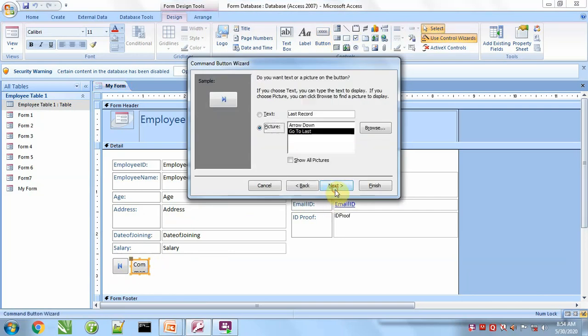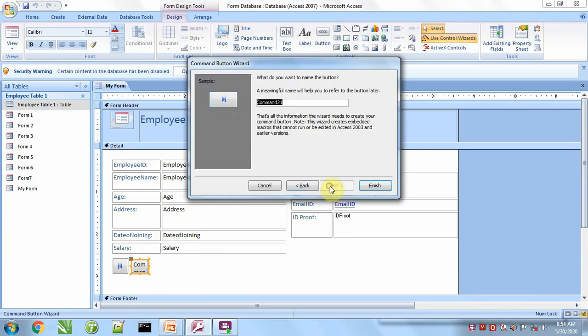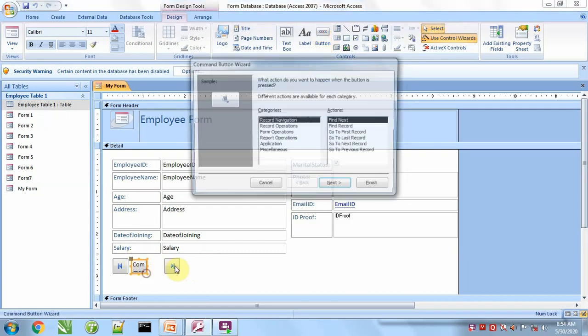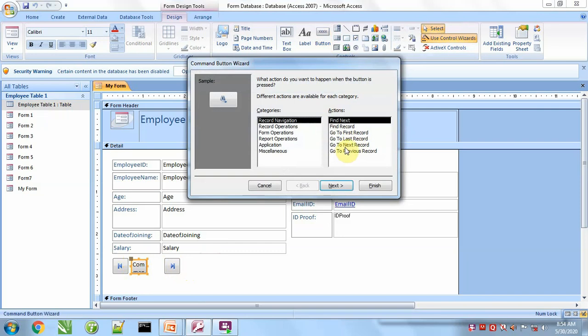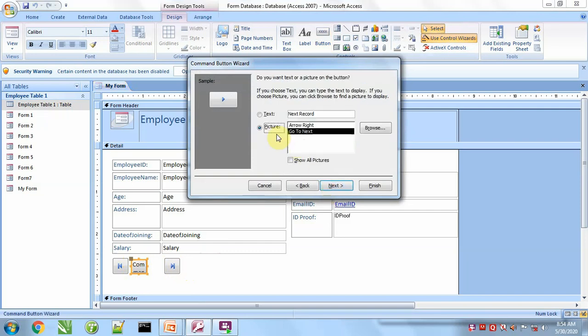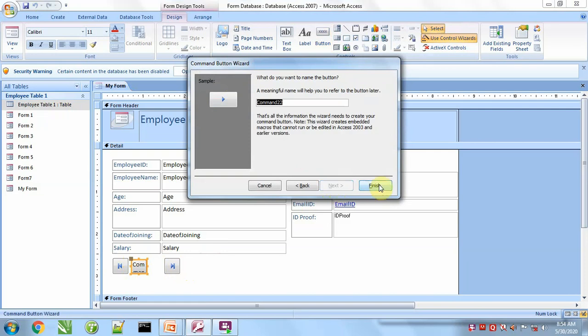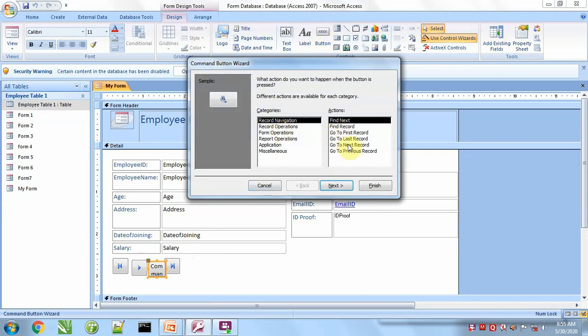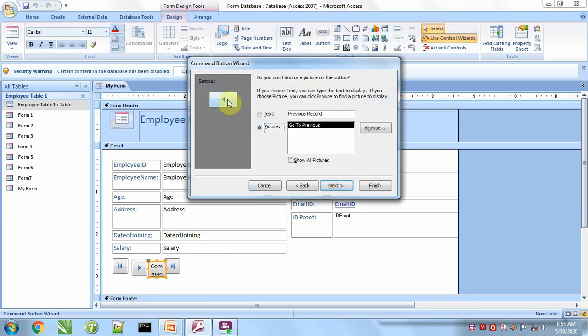Next one is go to last record. For this I am also taking a picture. Two buttons we will create for go to next record with this picture, and go to previous record with this picture.